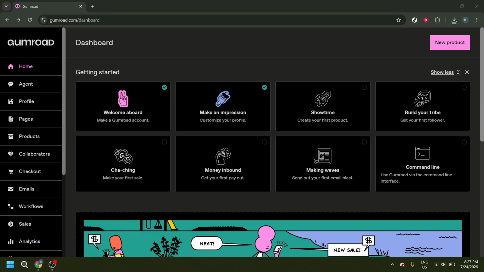In today's video, I'm going to teach you how to create pages on your Gumroad profile. If you want to organize your profile a little better and highlight specific content for your audience, creating pages in Gumroad is a simple way to do it. In this walkthrough, we'll go through the process of adding a page and setting it up to display products clearly